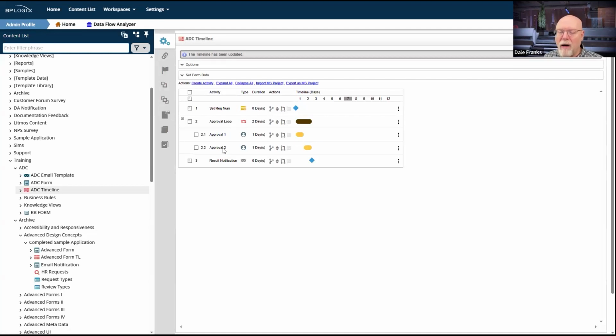Great. So now I have two activities. I'm actually going to need more than those activities. So I am going to need to add some. And they're all going to be part of the approval loop. So let's talk about what it is that we're going to do here. I've got these HR requests. All of them ultimately will go to HR. So I know I'm going to need an HR approval.